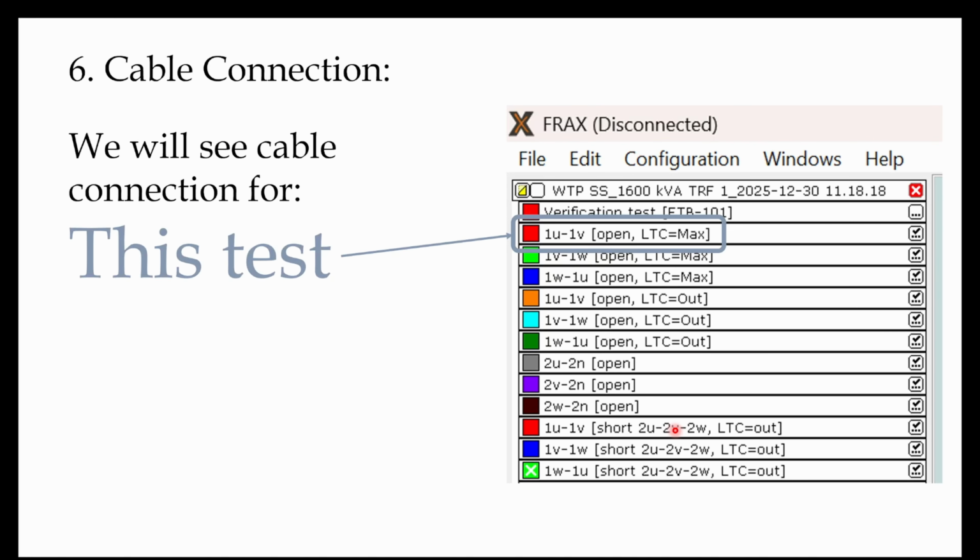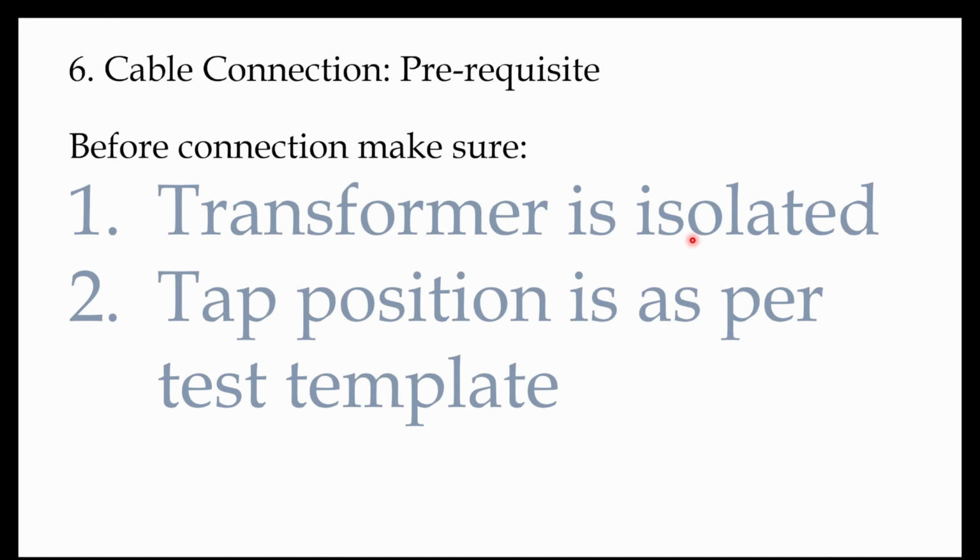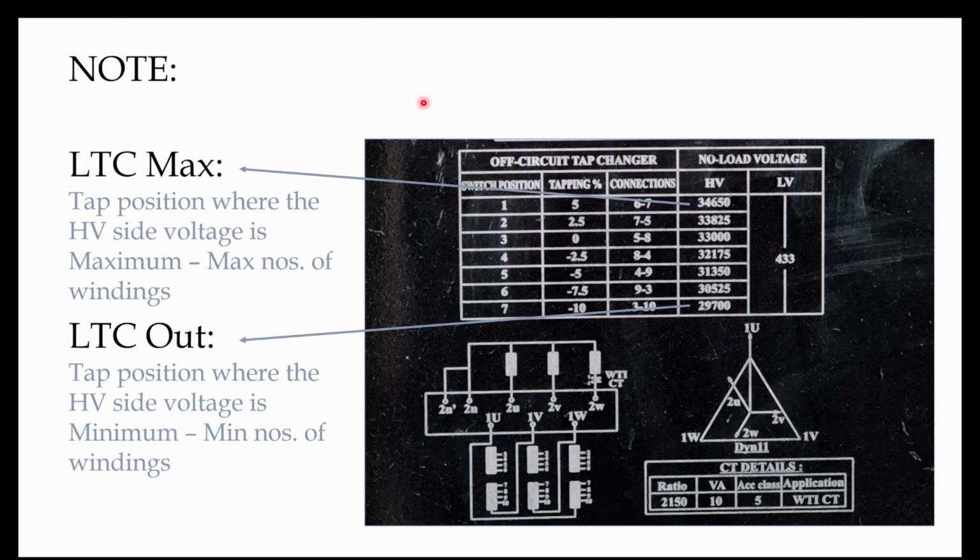Then we will see cable connection for this test 1U, 1V, secondary side open and LTC kept in maximum position. Before we start the test or make any connections, make sure the transformer is isolated and the tap position is as per the test template. One note we have to make here is that LTC max means